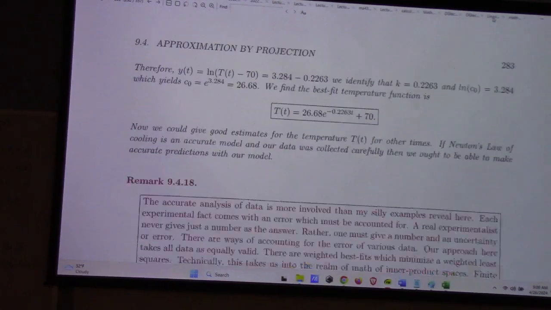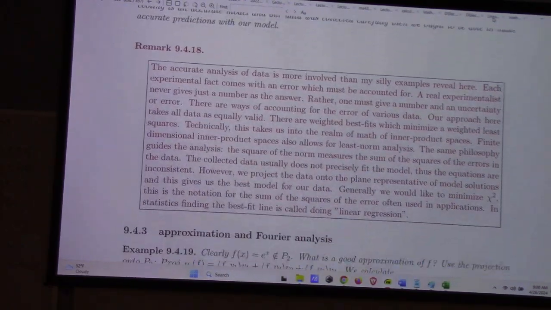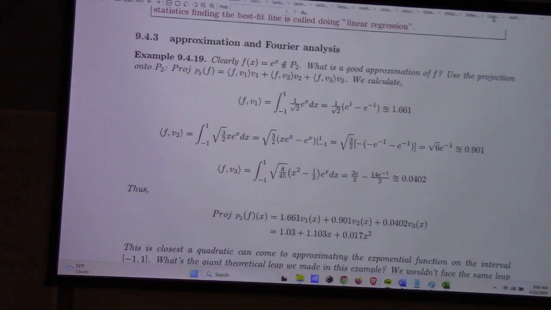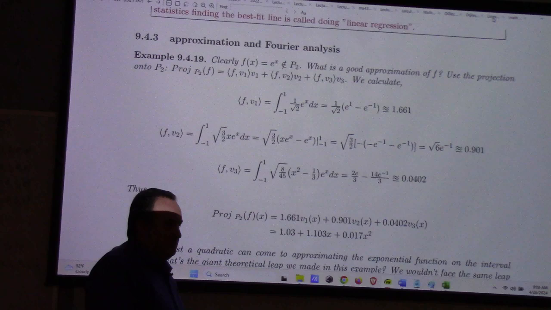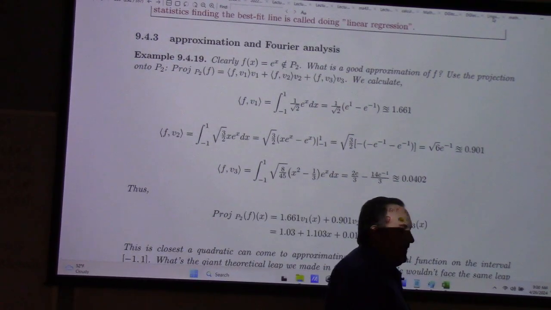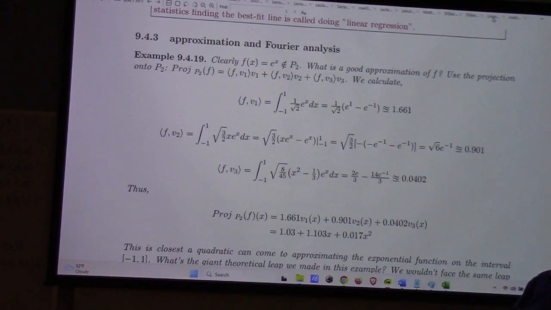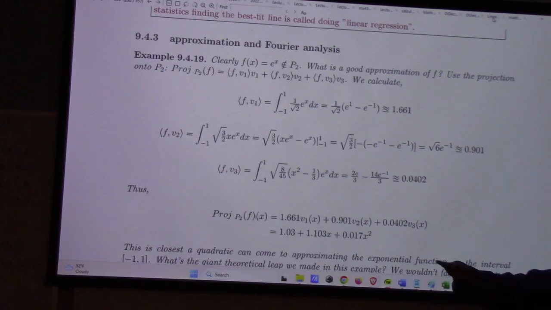So past the least squares, which is one application of all this stuff, is approximation by Fourier analysis. If I have e to the x, is e to the x a quadratic polynomial? It is not. But I can take dot products with those Legendre polynomials I just derived and find the components of e to the x with respect to that basis. In so doing, I can find the projection of the exponential function onto the thing that's spanned by 1, x and